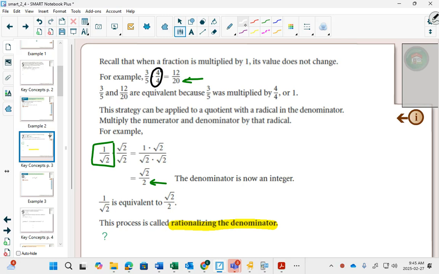And last time I checked, when you multiply by 1, you don't change what it's equal to, right? You don't get a new number. 7 times 1, oh, I'm still at 7, right? 7 times 2 over 2, oh, now I'm at 14 divided by 2. Still 7. When we multiply by that 4 over 4, we don't change the value of what we have. We just change